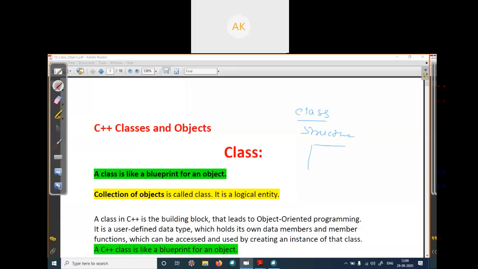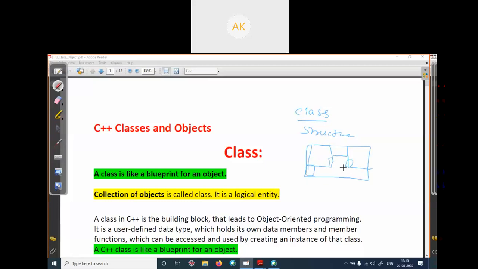Like in the map or naksha of the house you are going to build, you decide that in my bedroom there is a washroom or bath, there is a kitchen here, the main entrance is here, some door here.